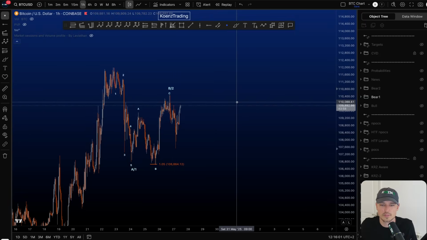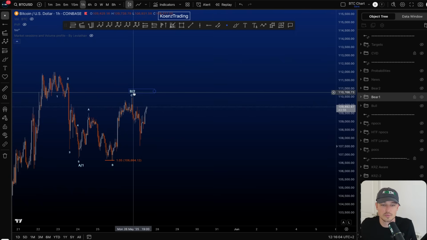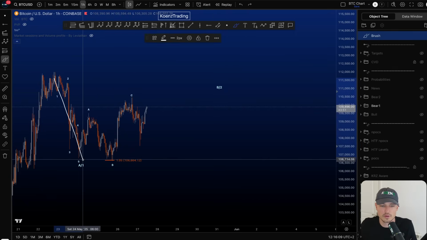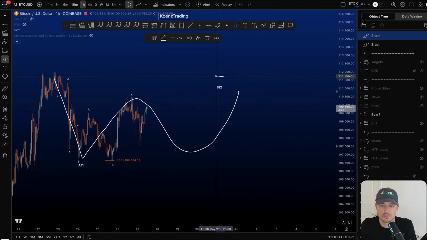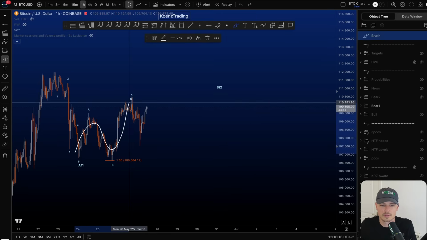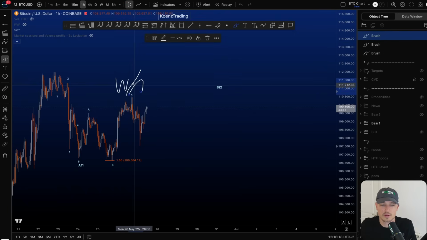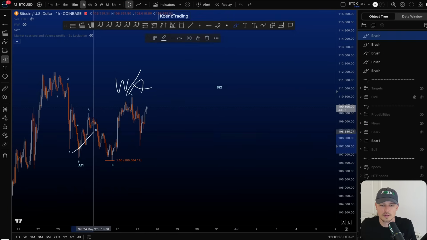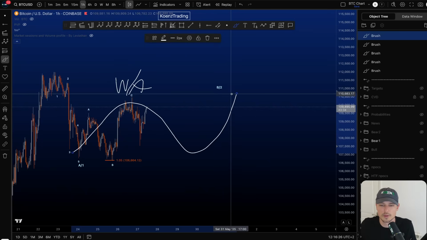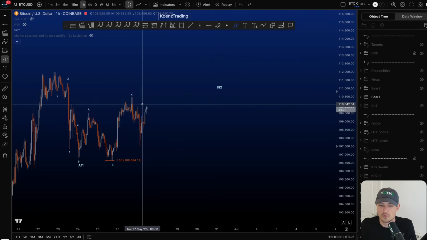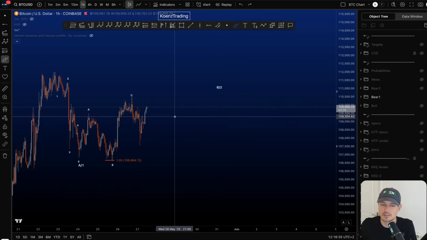So therefore, the probabilities at the moment are higher if you would look for this scenario for an unfinished B or 2. You're looking for A01, then a bigger sideways structure in B or 2, and then a move towards the downside. Now this flat is then going to be either your wave W or a wave A. Wave A in a flat ABC or wave W in a sideways WXY. Finishing wave B or 2 at a later stage. Again, the only motive wave possible here at the moment would be a diagonal, but it is too early to